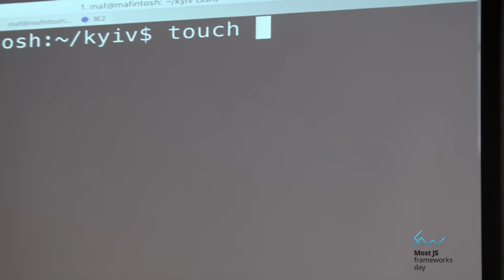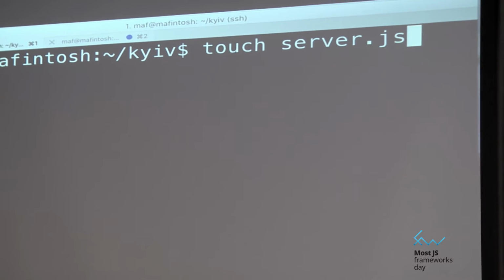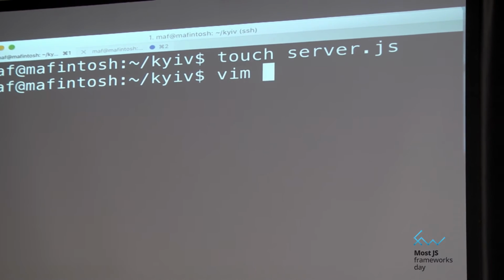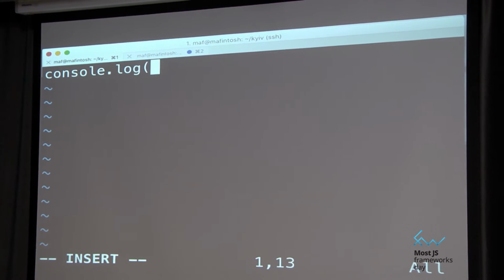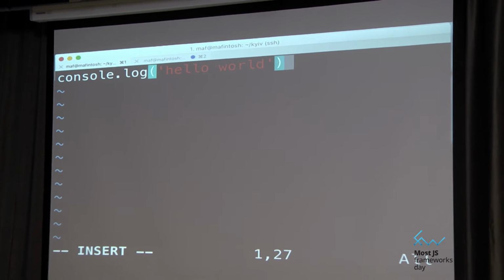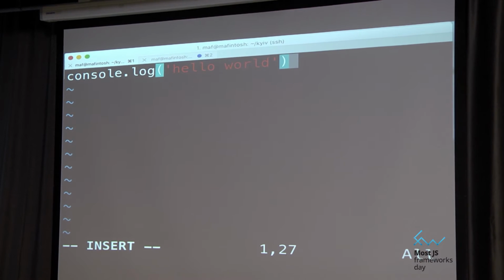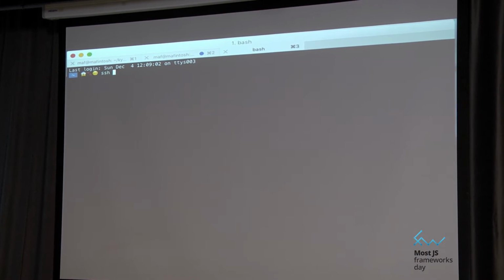Cool. So let's say I have a server here, and the server is pretty cool. It's just going to be console log, hello world. It's not going to be the most useful server. I'll just open up another tab real quick.